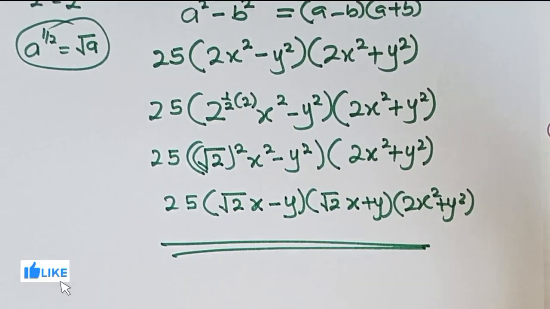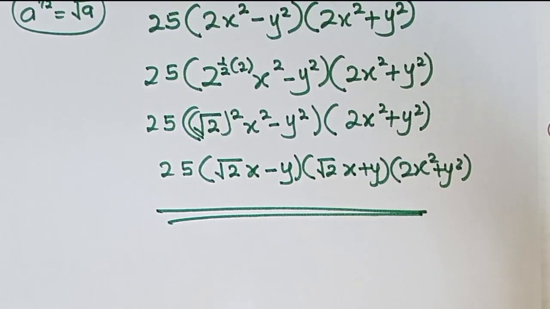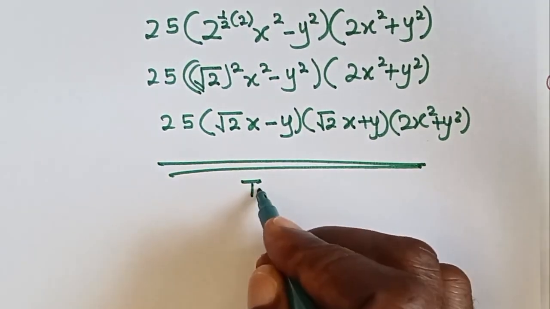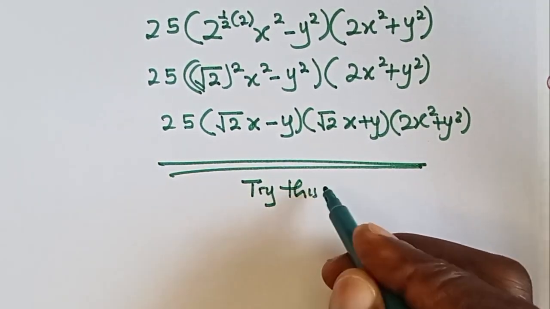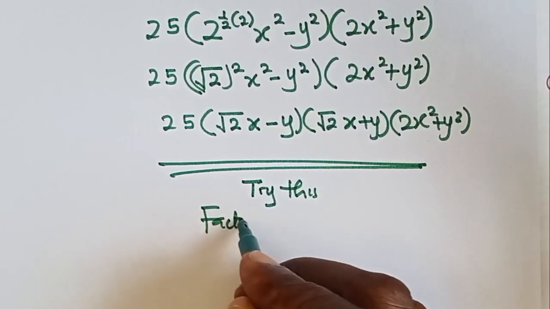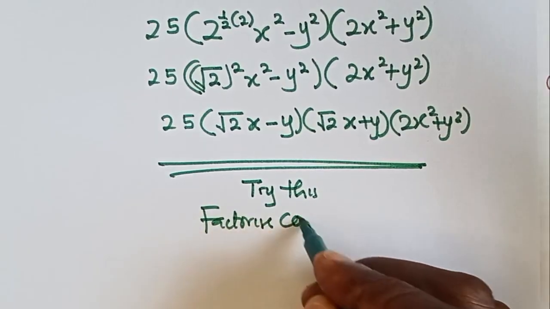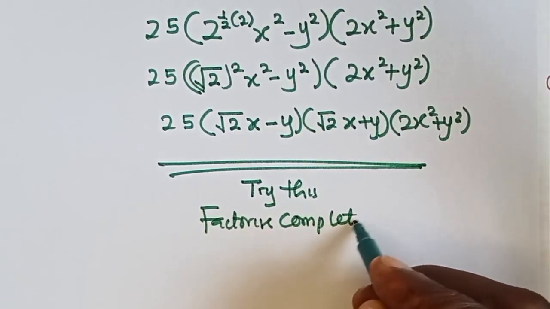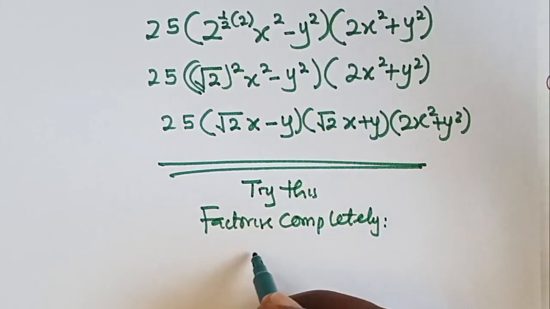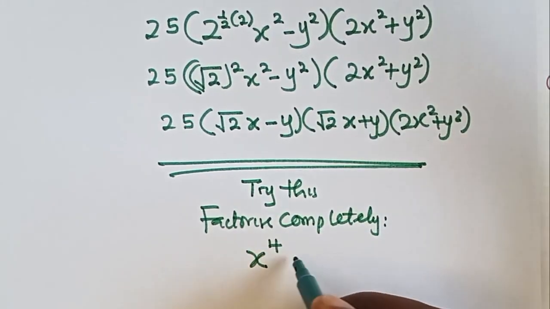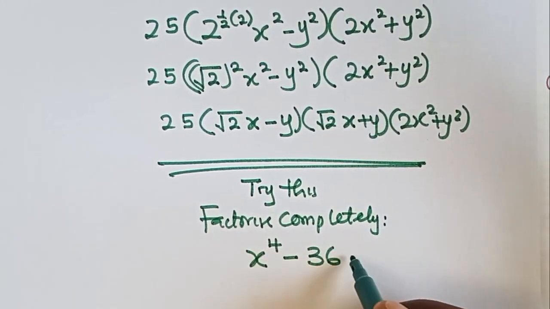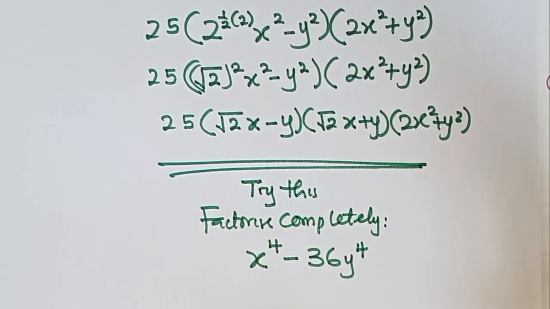Alright guys, let's do something very similar to that. Let's try this. Let's factorize completely x raised to the power 4 minus 36y raised to the power 4. Alright, so let's factorize the